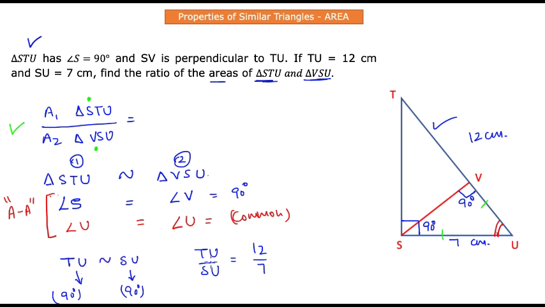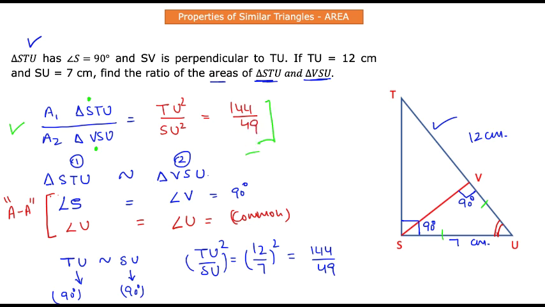Okay, now we have the ratio of those corresponding sides. We will simply square them, right? And that ratio will be equal to 144 over 49. And using a property that we just learned, that the ratio of the areas of two similar triangles is equal to the square of their corresponding sides, we can state it like this, and hence it will be 144 over 49, and this is what we wanted to find. With that, we will take a pause here. It was our objective to understand the relation between the areas of two similar triangles, and that also concludes our discussion on the subject of similarity between triangles and understanding their properties.